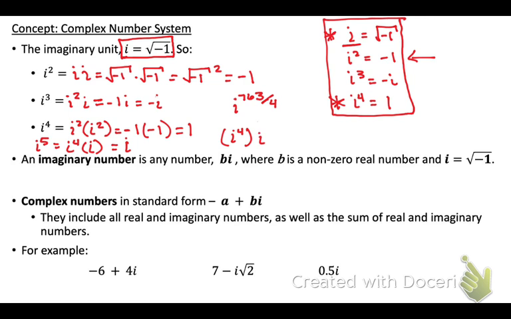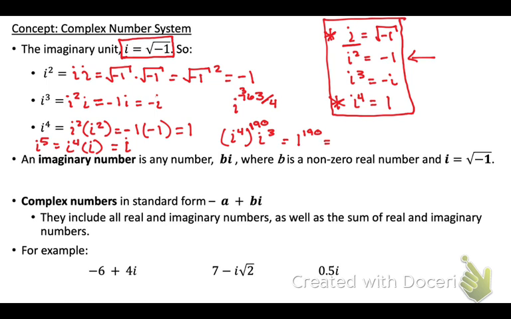So 4 goes into 7 how many times? Once, with 3 left over. 4 goes into 36 how many times? 9. Does 4 go into 3? No, so that's 0 with what left over? 3. And so i to the fourth is what? 1. So we have 1 to the 190th